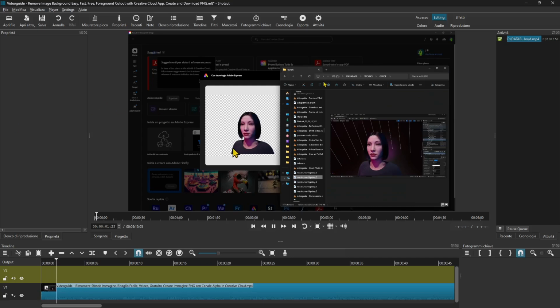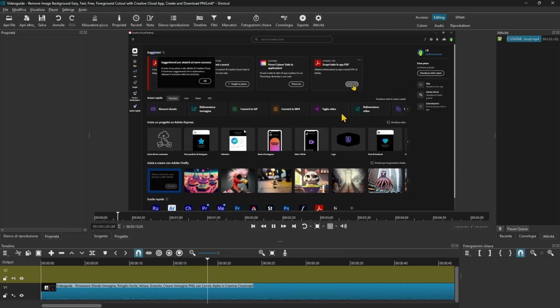In this quick video guide, we're going to see how we can remove the background from an image. And this is a virtual image. It's a virtual character from Unreal Engine, MetaHuman. So we're going to remove the background easily and really fast, really quick, really simple, and especially free using Creative